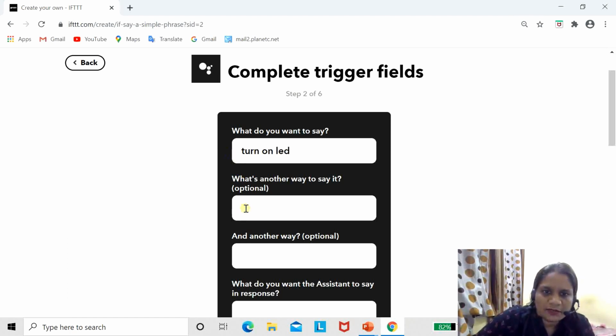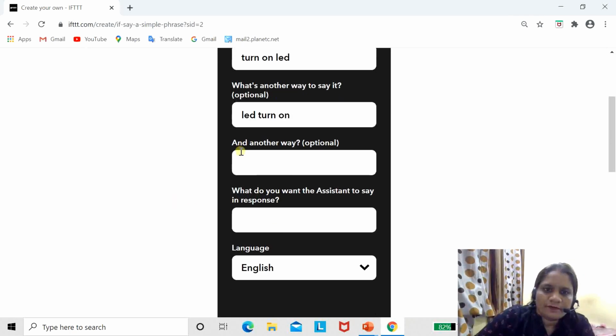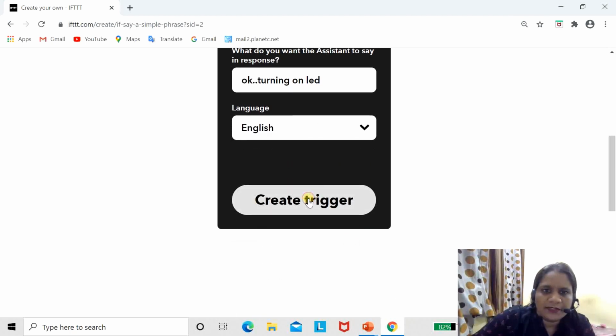Then another option is optional only, so I will give LED turn on. Here, if you want, you can give it; otherwise there is no need. Turning on LED is the reply I will get. Then create trigger.